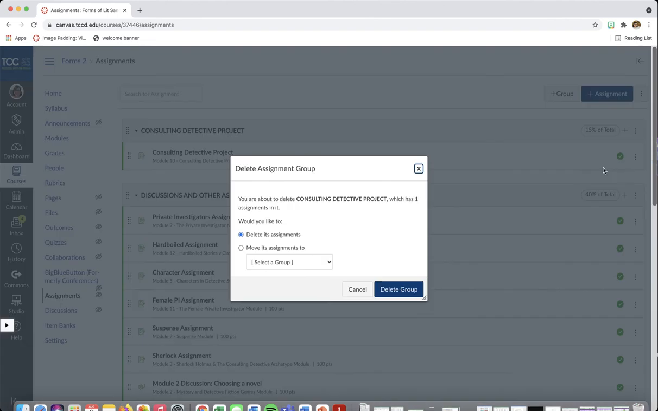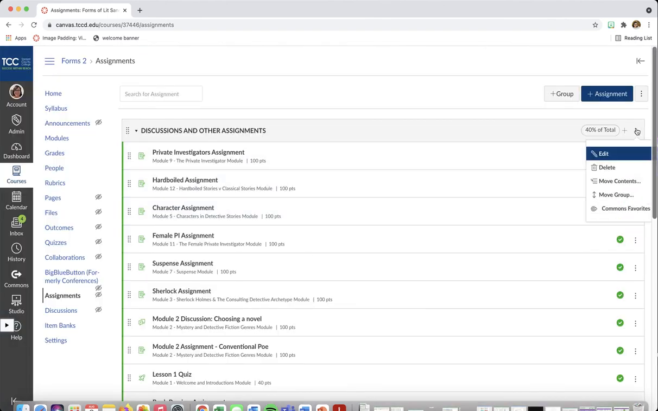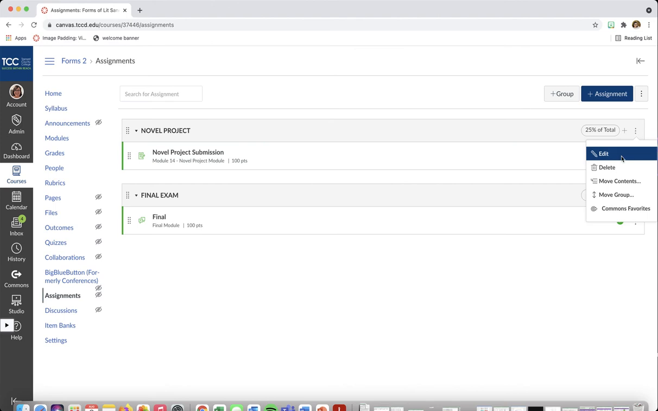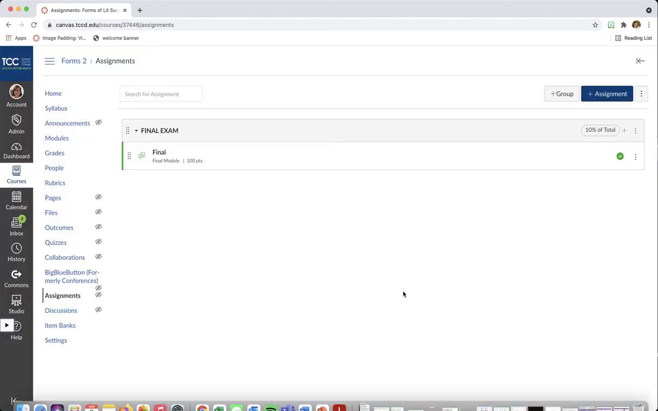And as I'm doing this, delete its assignments, it's taking these out of the modules, it's taking them out of the gradebook, it's taking them out of the course entirely. They are really and truly deleted. And so I can do that a whole group at a time. You see that's going to go pretty quickly. Most courses have between 1 and 6 assignment groups, so with just a few clicks you can get rid of